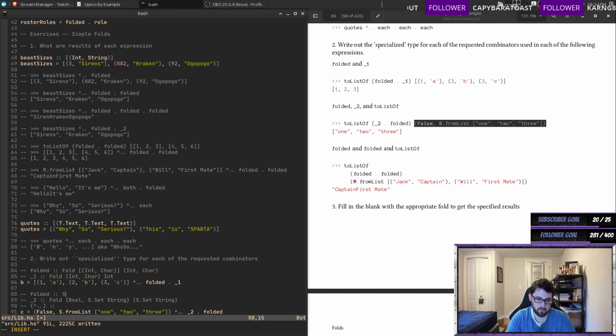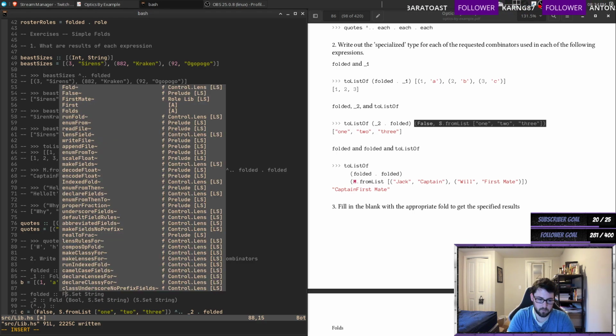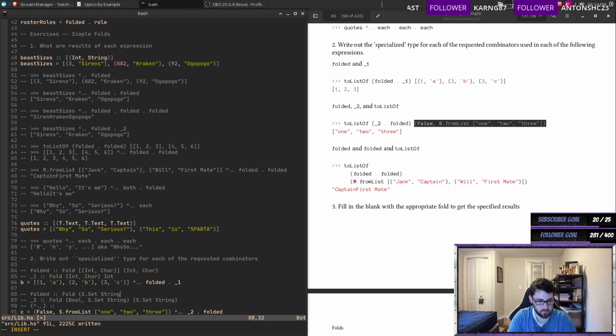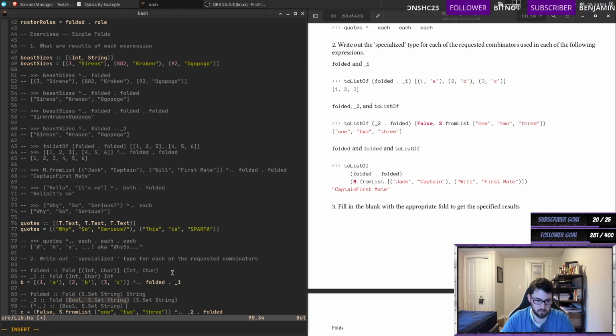Folded takes the S set string to string. This takes the, gets you back list of string. So let's see if that's actually